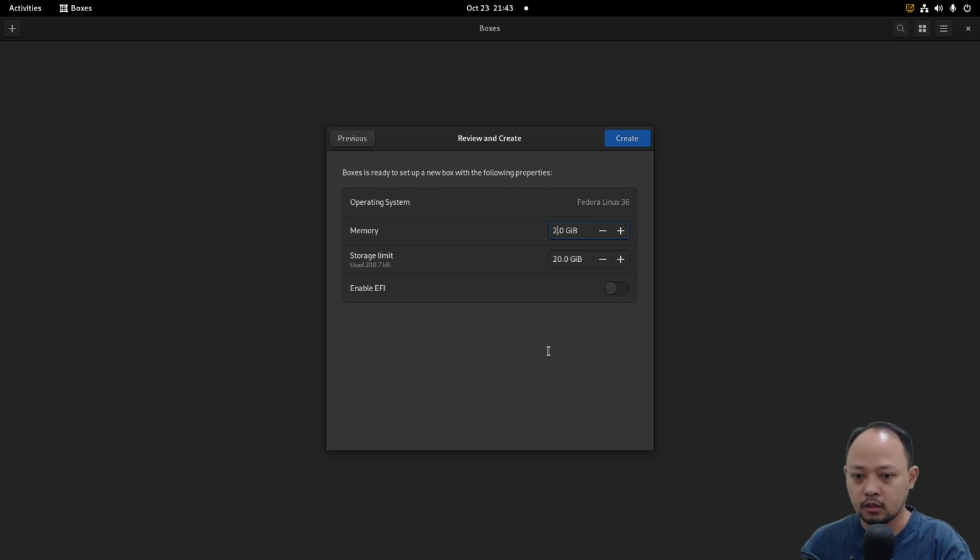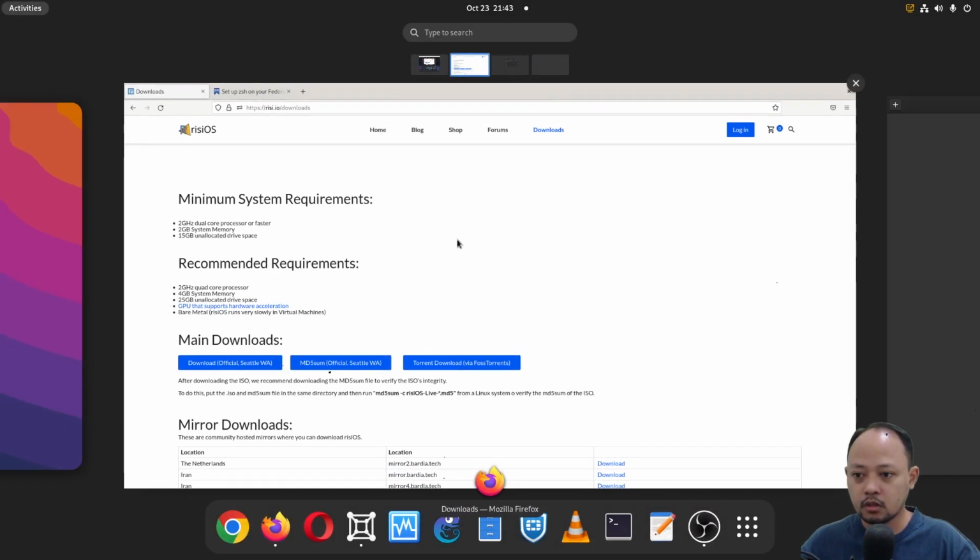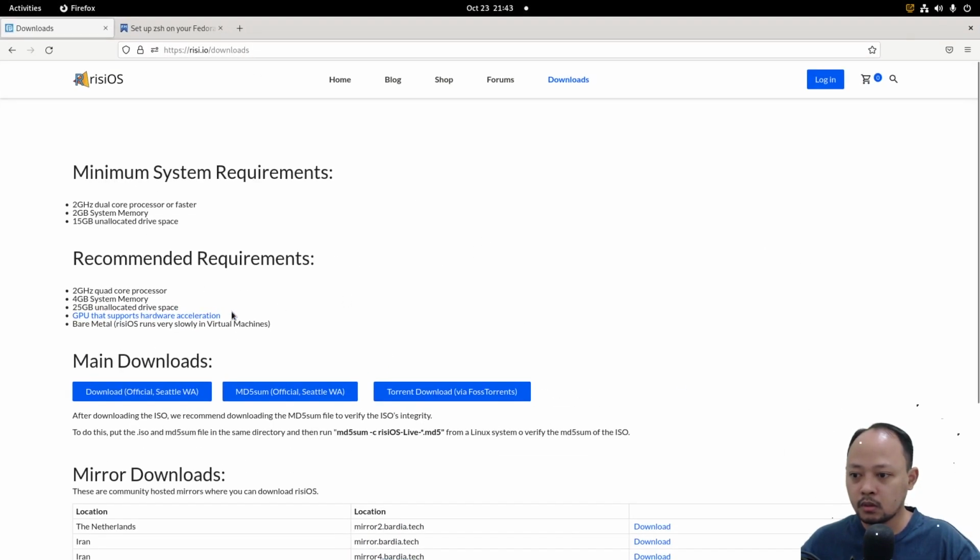Next I will give the RAM 4 GB, and then the storage I will give 25 GB. Wait, let's check the system requirements.